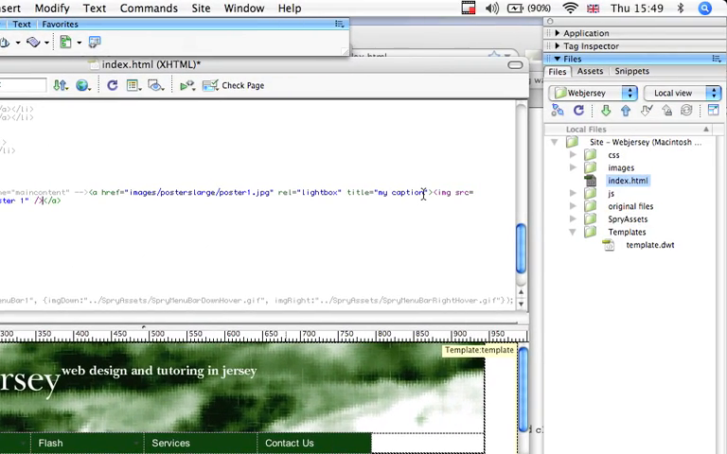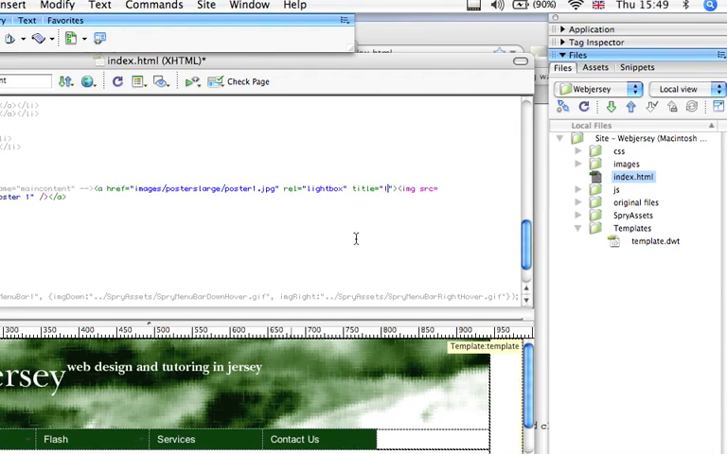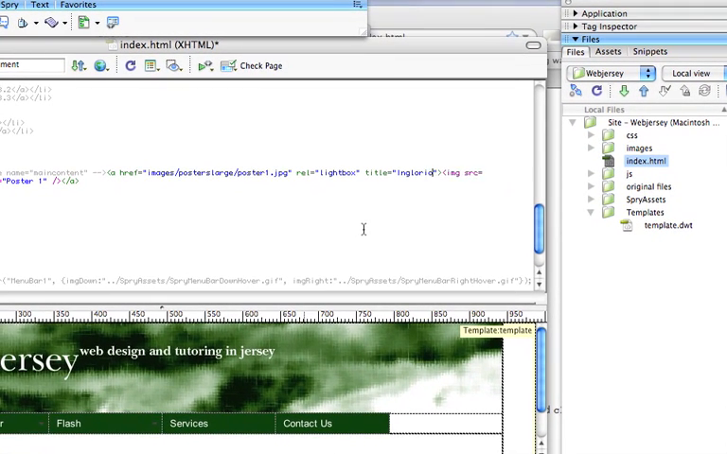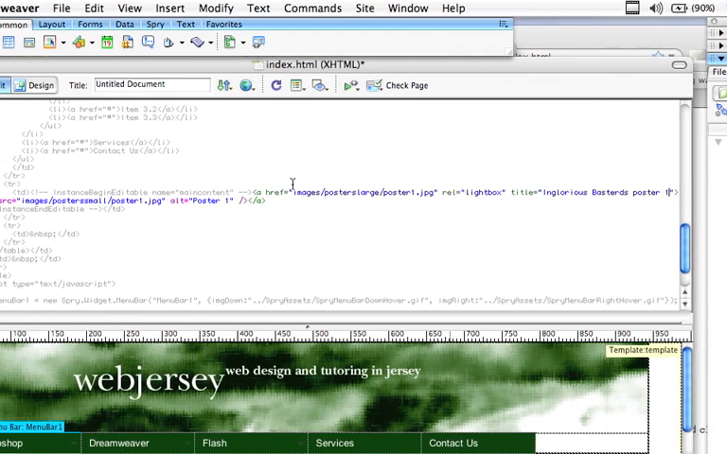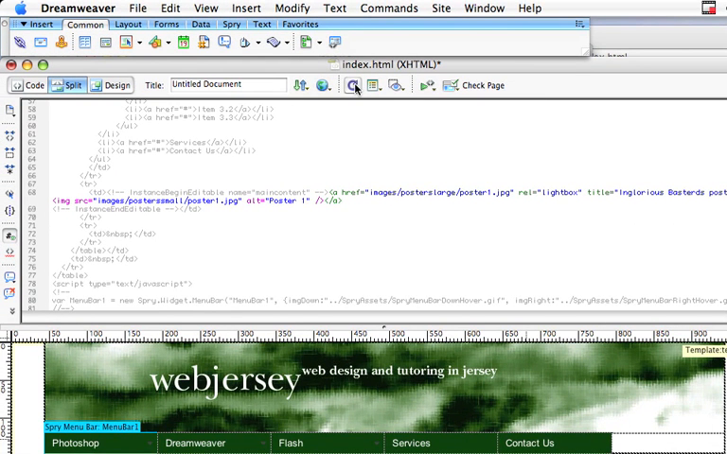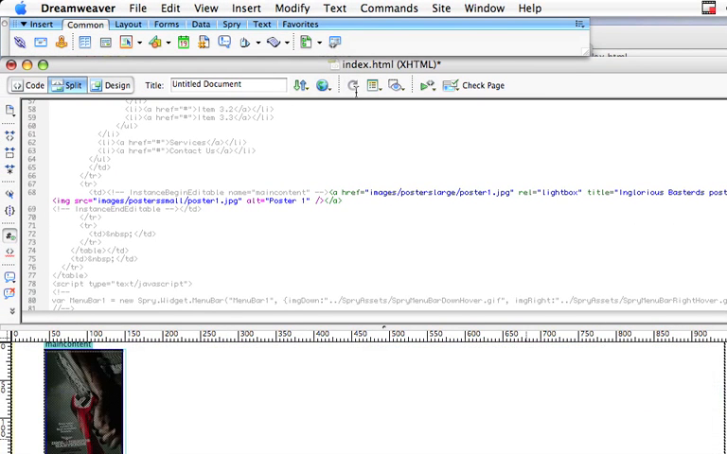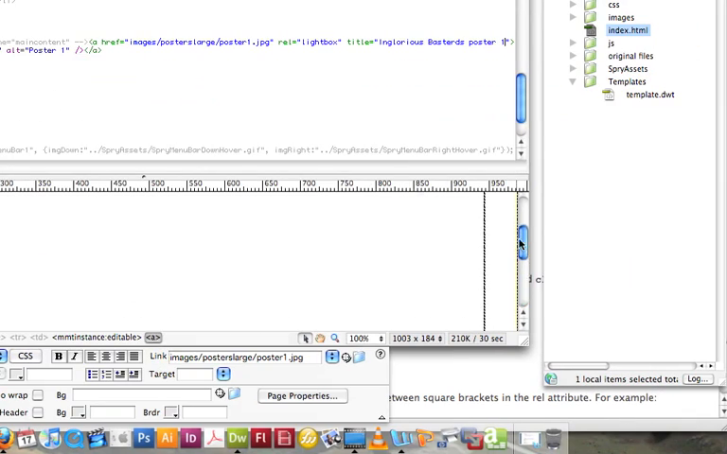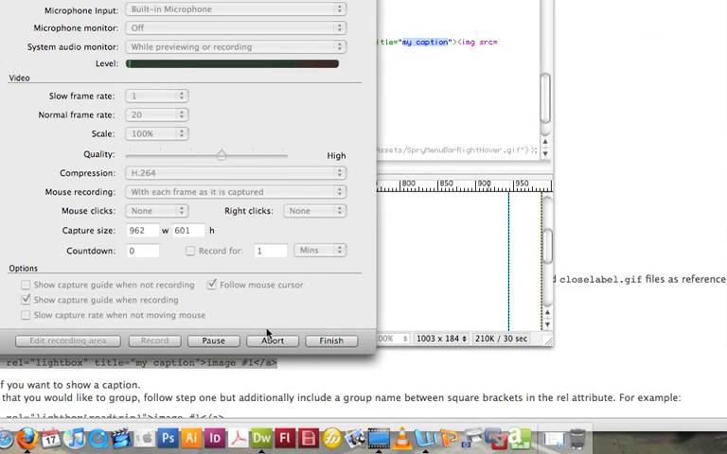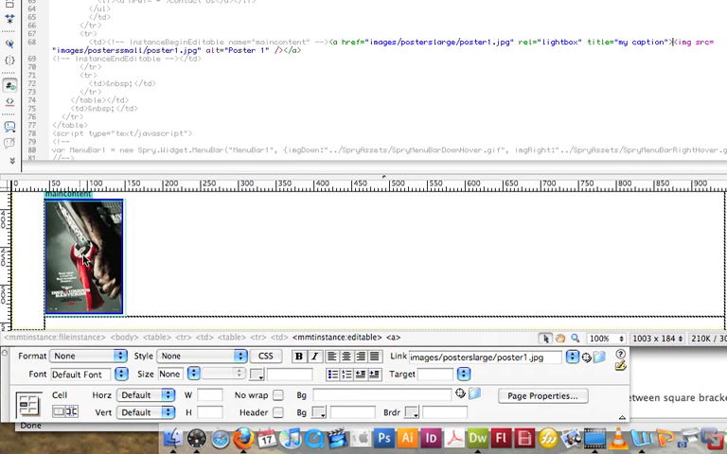You can also add a title to the image when it pops up. Refresh the menu, and then this should work. So now we can go to preview,